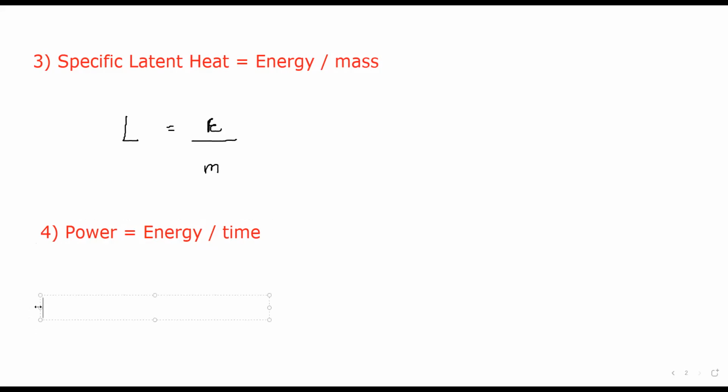There's also another formula. Right now you will just learn the formula; later in electricity we will derive it. The power of the heater, or of electrical appliances, is the product of voltage and current. When voltage and current are multiplied with each other, we get the power. This formula is valid.